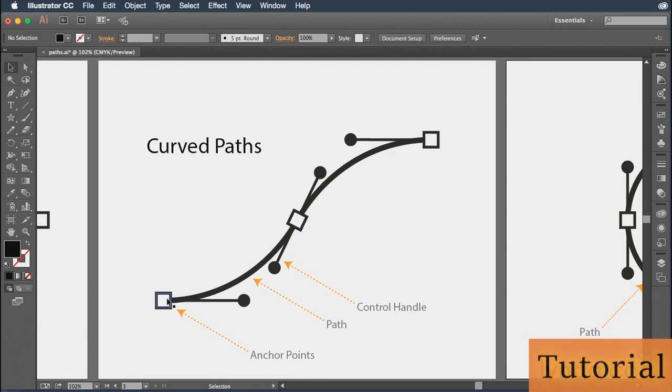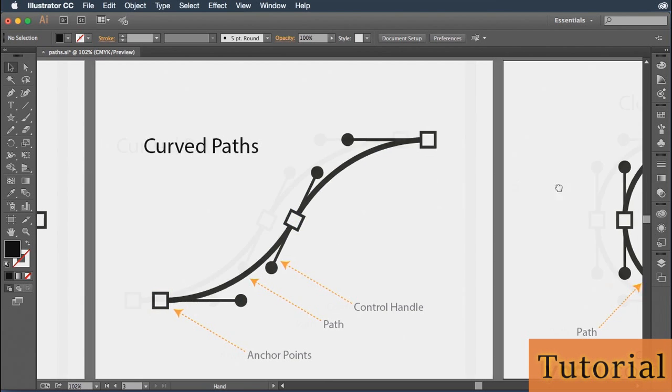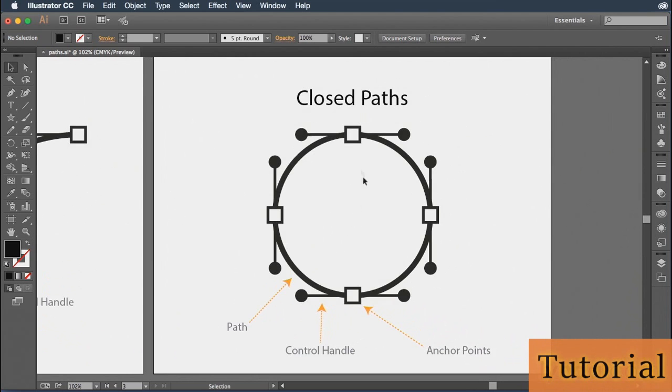one you see here. Closed paths are comprised of anchor points, control handles, and paths, much the same as the other paths. The only difference is these make up a whole shape. It doesn't have to be a perfect shape either. It doesn't have to be a circle or a square. It could be something really complicated. It could be something you hand drew yourself. And as we continue to explore the drawing tools in this chapter, you'll become more familiar with exactly what I'm